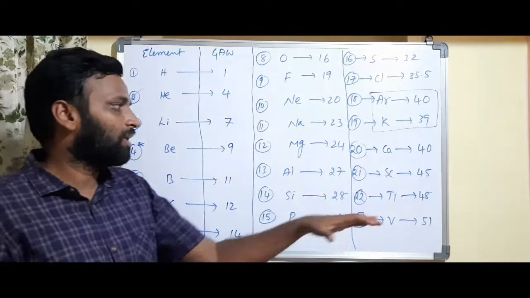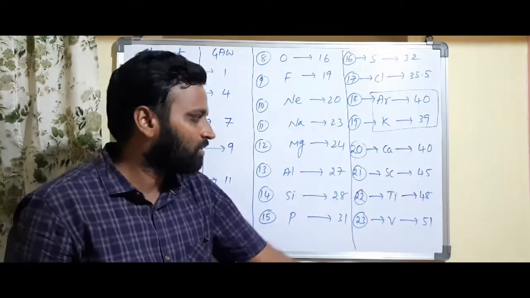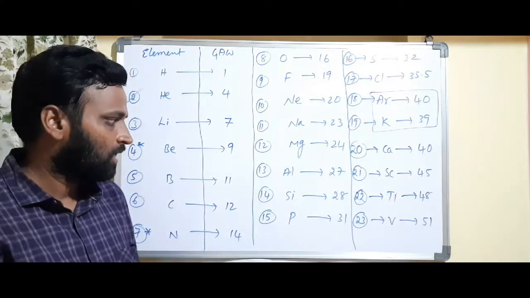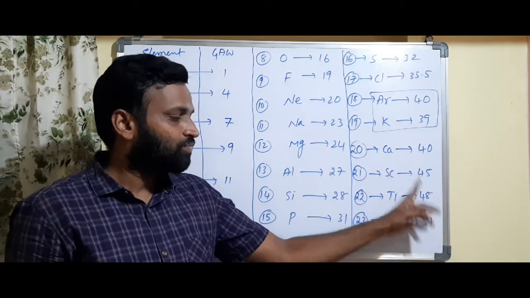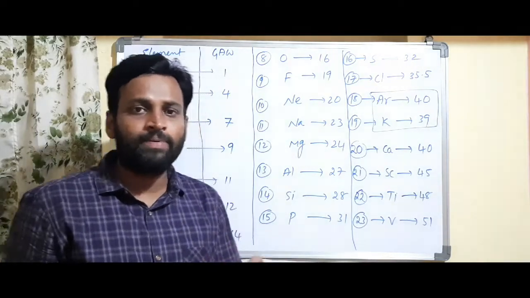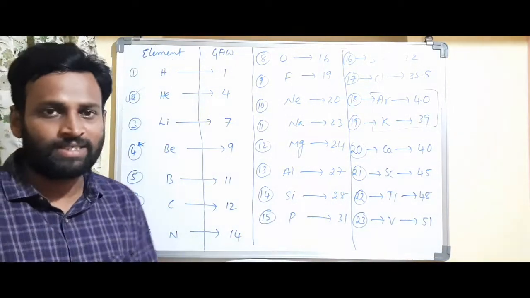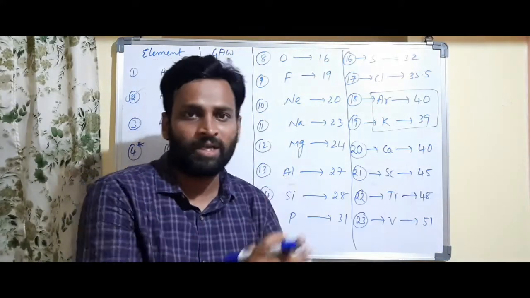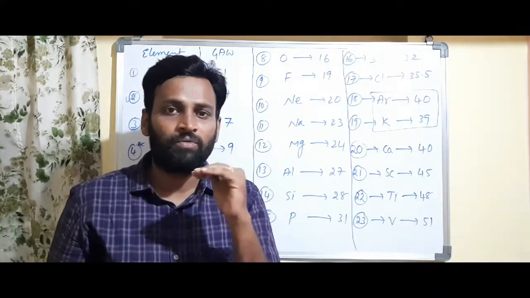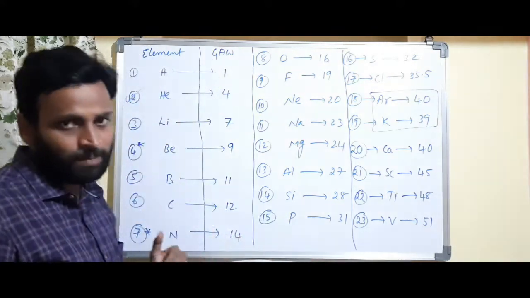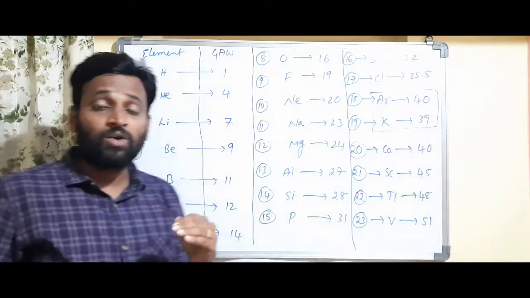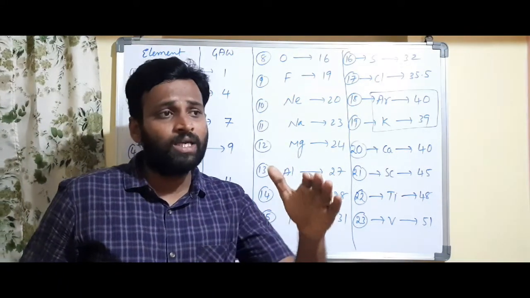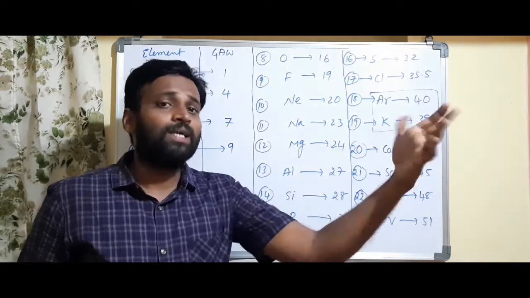In that way, a few you can understand up to calcium like that. But afterwards, it's not much easier for us. See, this is 22 but not double, it's 48. Some examples you can remember like that. That's why I said if atomic number is even, then atomic mass will be double the atomic number. It will be applicable for few elements only. Few are exceptional. Okay? If atomic number is odd, then atomic weight will be double plus 1.